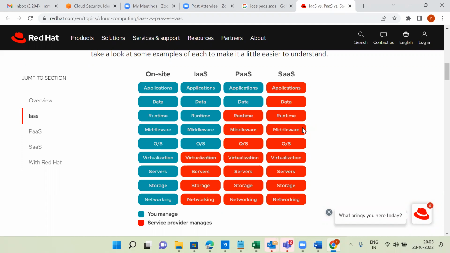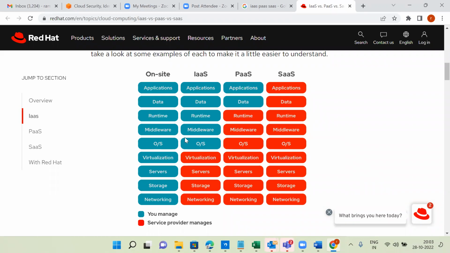It looks so simple, this diagram, but it has so much meaning. So that is about what IaaS, PaaS, SaaS are. As I said, out of these three, the cheapest is SaaS based. Pay as you go. Pay as you go means whatever services of my SaaS-based application you are using, for that only you pay. There is no need to pay for my entire infrastructure. Only for the application cost you pay, that's all.